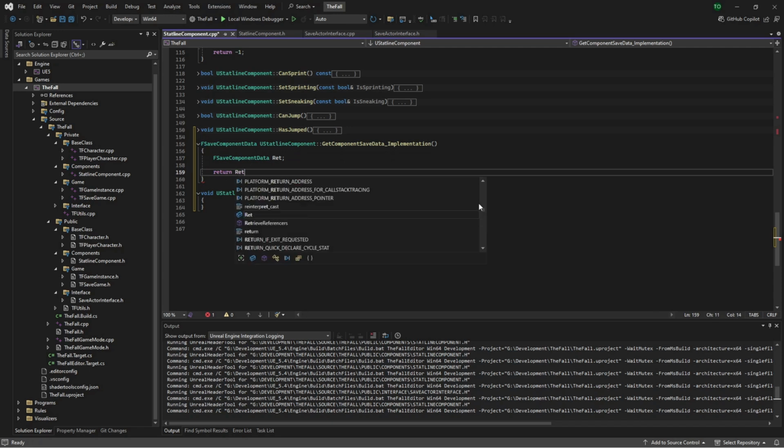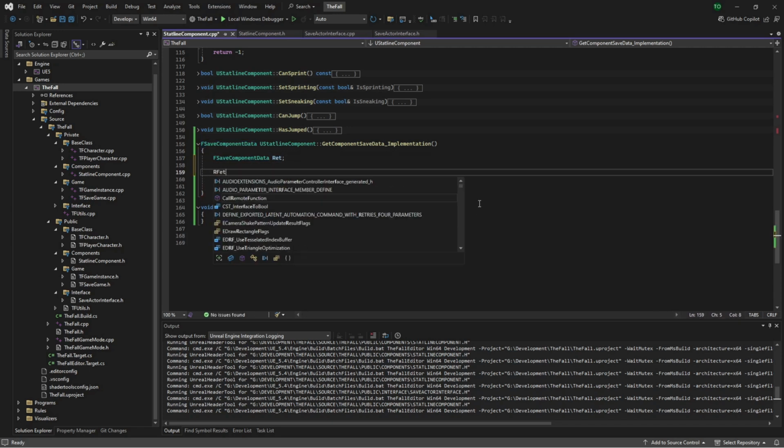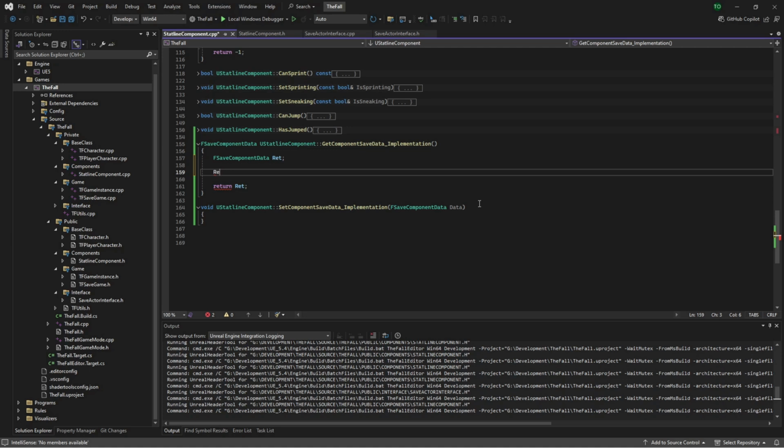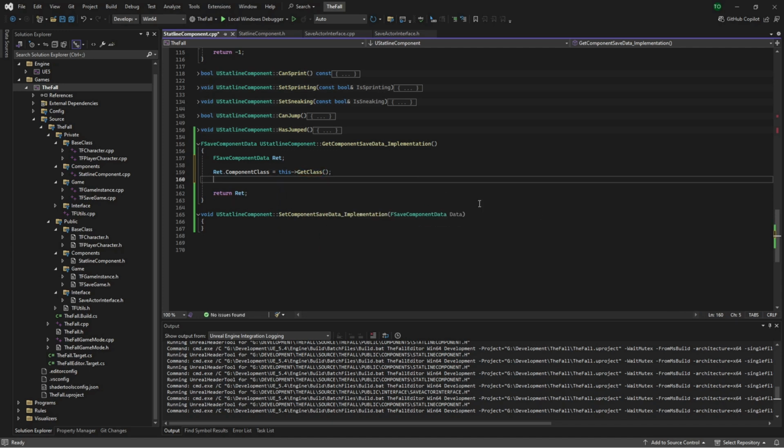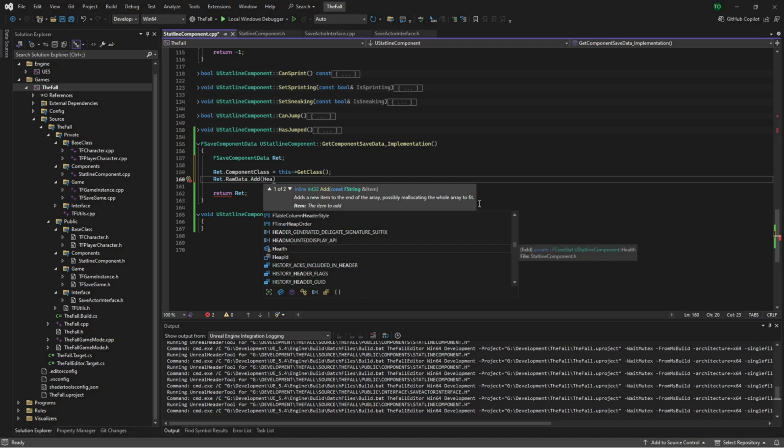We'll just add that in here so it's easy. So ret.component class equals this get class. ret.rawdata.add health get save string,